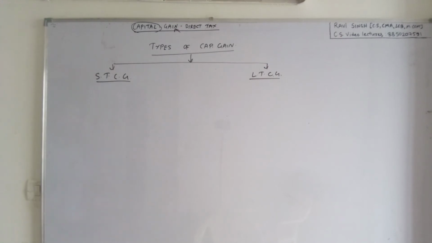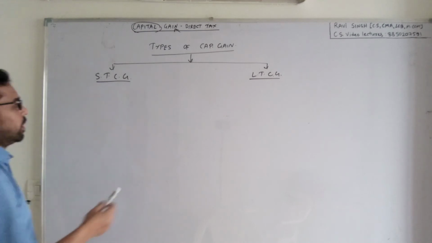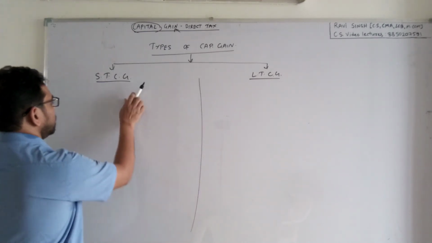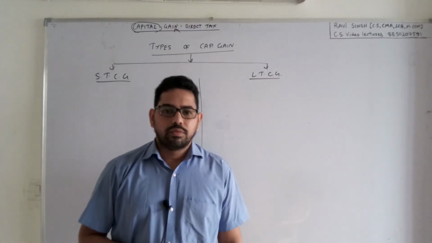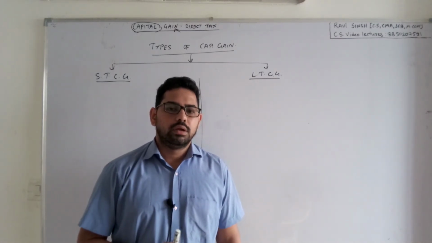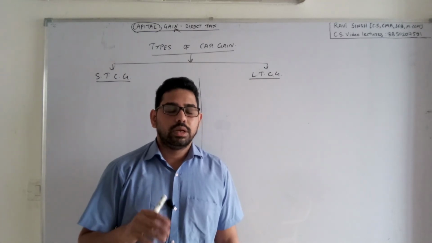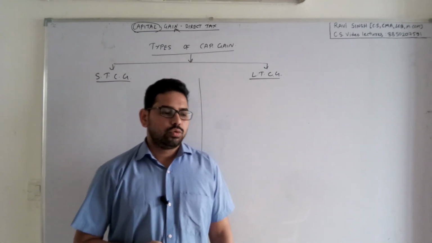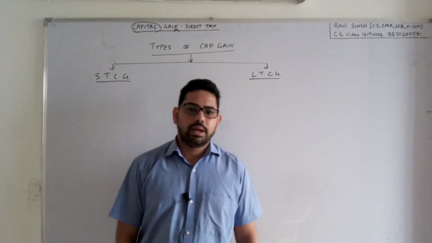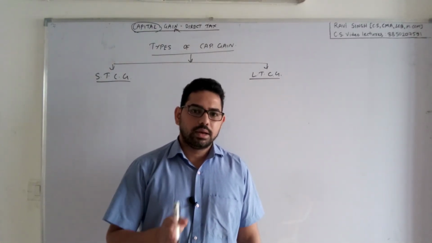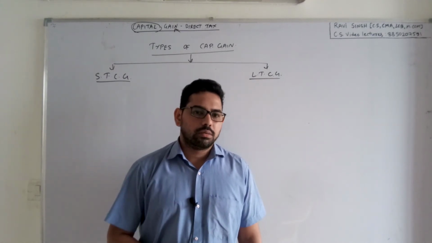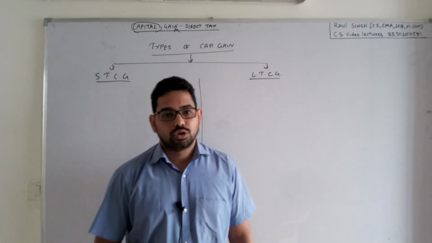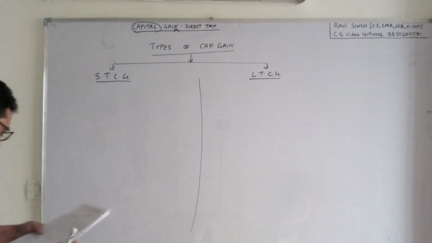So in normal situation, short-term capital gain arises if asset is transferred within 3 years from the date of its acquisition. So in a normal situation, if you buy any asset and sell it within 3 years after the date of buying, within 3 years you sold it, then we will call it short term capital gain. Okay, so here what you have to write,